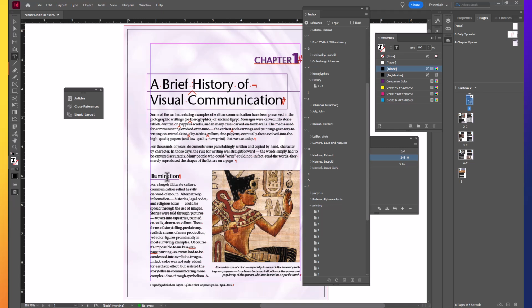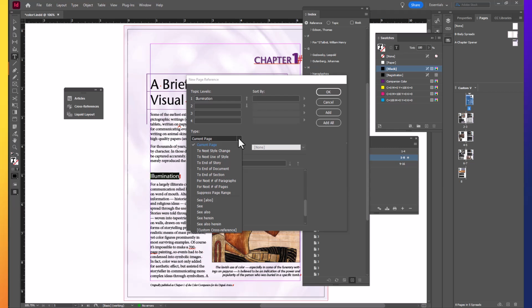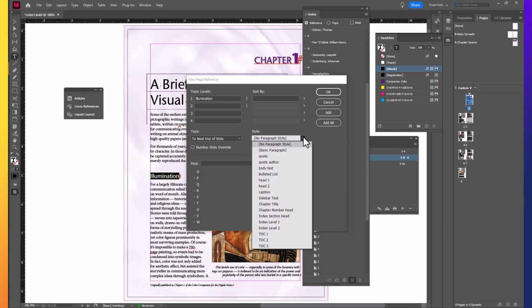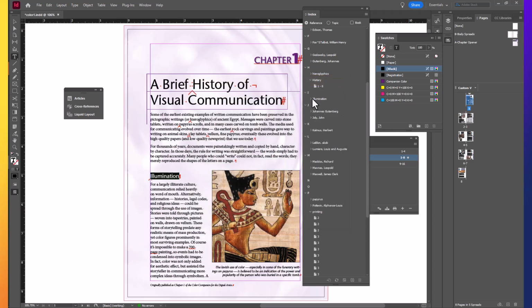Next, highlight the word illumination and click the add new entry. This is going to show a problem with this. In the type menu, we want to cover this till the next section within the chapter, so we're going to use to next use of style. We're basing this on the fact that we are using a heading, and then we're going to click add and done. Now the problem with this is when we go back in, it's only going to list the first page